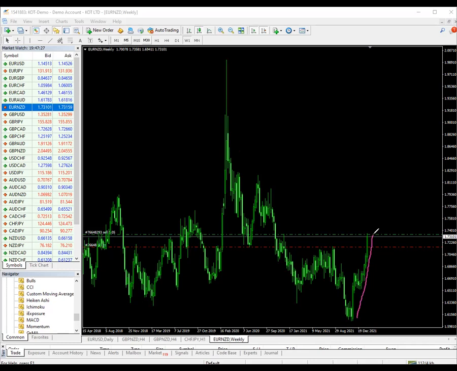Now, this move up here indicates that EURNZD is going back up. Is that okay? This is what it means, because it has broken one of the biggest resistance levels here. This resistance level has been broken. So EURNZD is on the up move from now. This is the new trend for EURNZD. Now, after breaking this highest resistance level here,